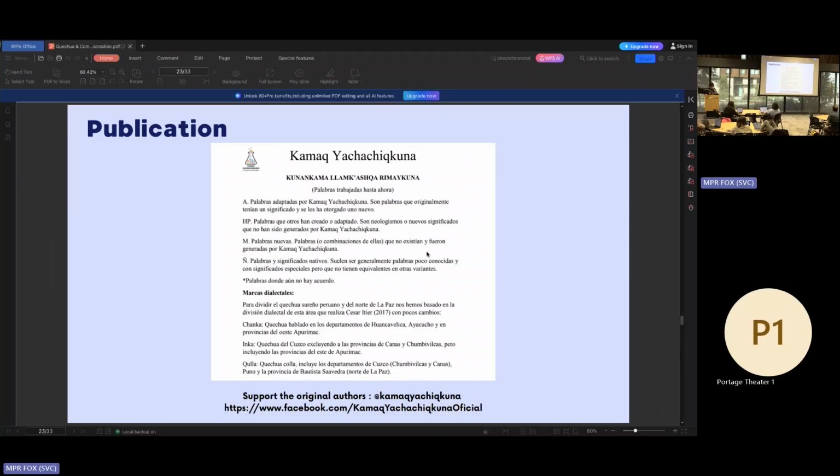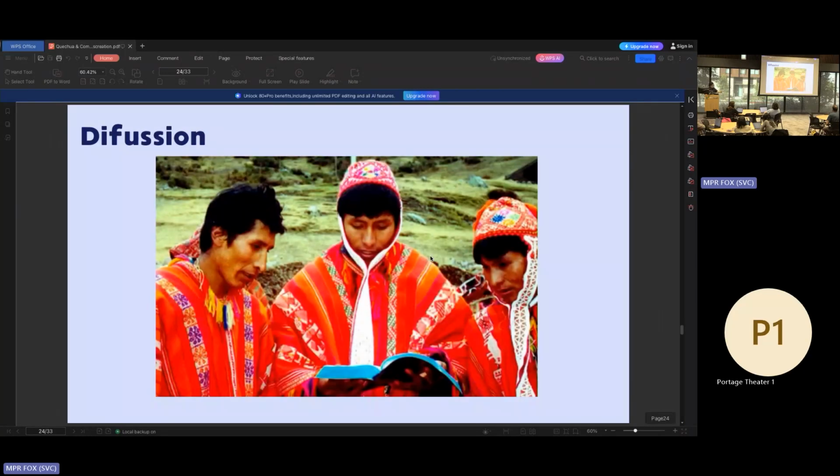In this case, they created a glossary where they have done basically the work I mentioned, but they went even far beyond, because they actually formalized all these terms. They tested, they went beyond the testing process, and their conclusion is that the communities approved the terms that they collected. So they continue with the next step, which is diffusion.